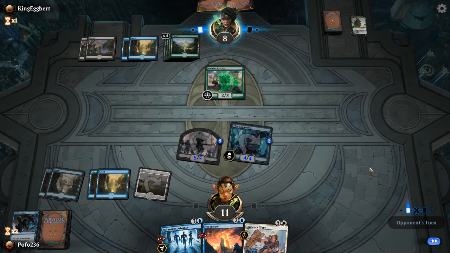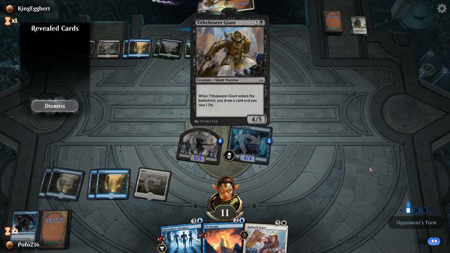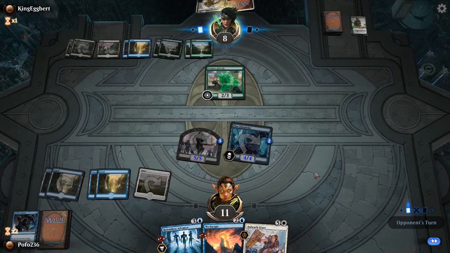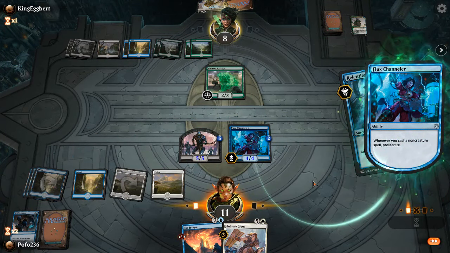I question this outcome. Well, now I get to proliferate this flux channeler into oblivion. They can activate it twice, sure. They get a Tidebearer Giant. Yeah, that's fine. They can see the relentless advance coming at them. The army of zombies are marching towards them, and they are desperately trying to find a way to defeat our army. Yeah, let's just do this. I don't know why they didn't want to play it, but